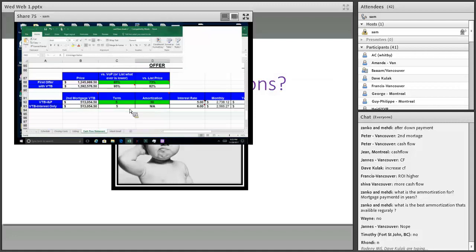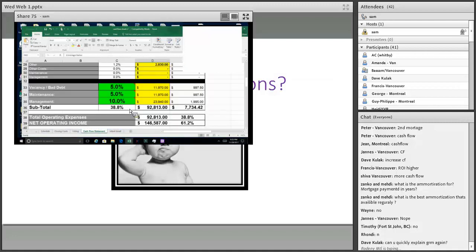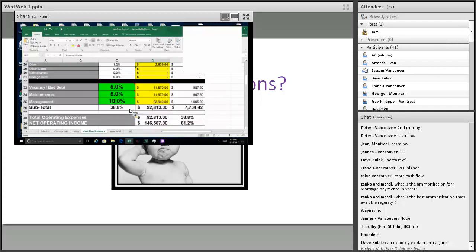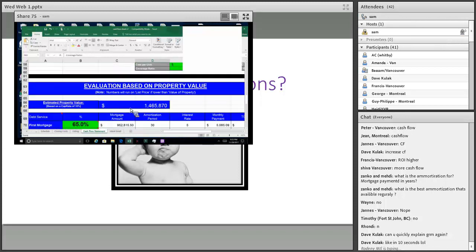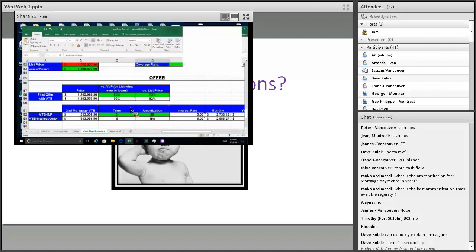I will bring it up and show everybody on the call and let them learn with us on that, so we can take advantage of that opportunity, going through it with everybody instead of one person. So yeah, GRM. GRM is gross rent multiplier. Everybody got that? Gross rent multiplier.